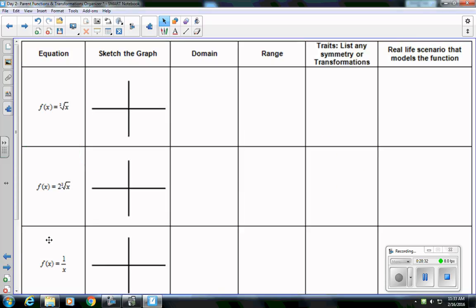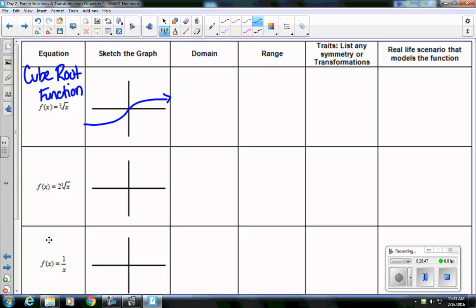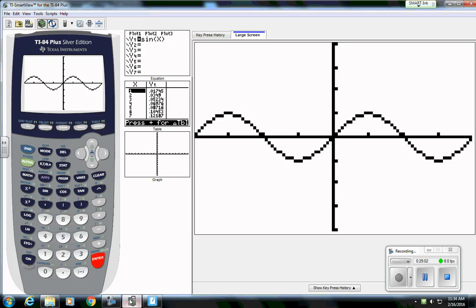This parent function, f of x equals the cube root of x. So this is our cube root function. And our cube root function is going to look like this. Our key points are (0, 0), (1, 1), and (-1, -1). Not a function you may be too familiar with, so if you want to check it on your calculator,